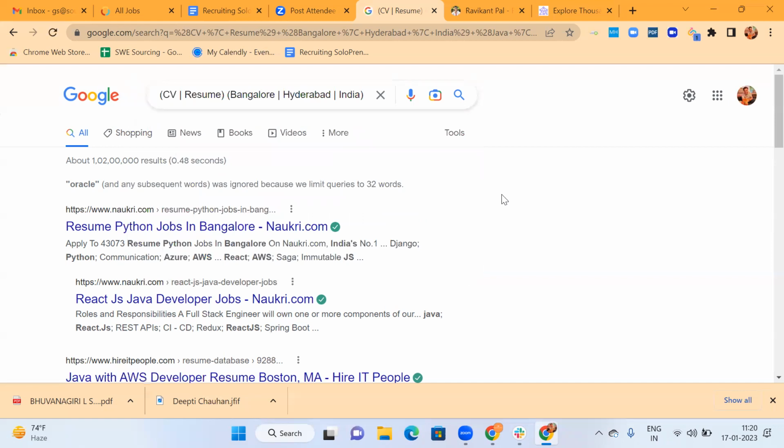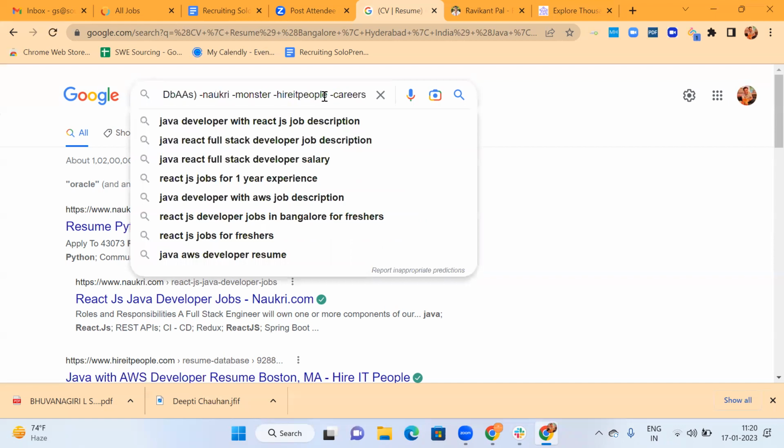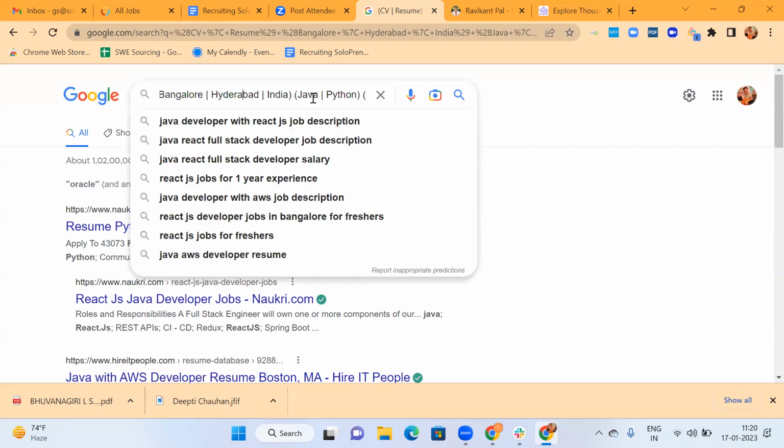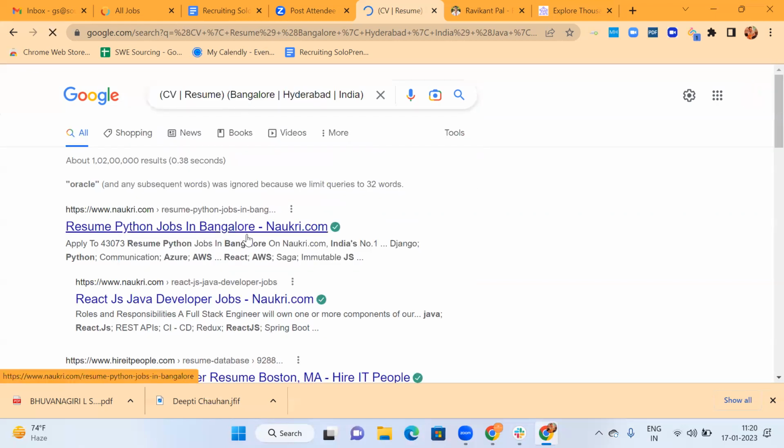Okay, so we still got some results. Like Naukri, we still have Naukri. I think we have to shorten our keywords now. Naukri.com is being read as additional keywords.